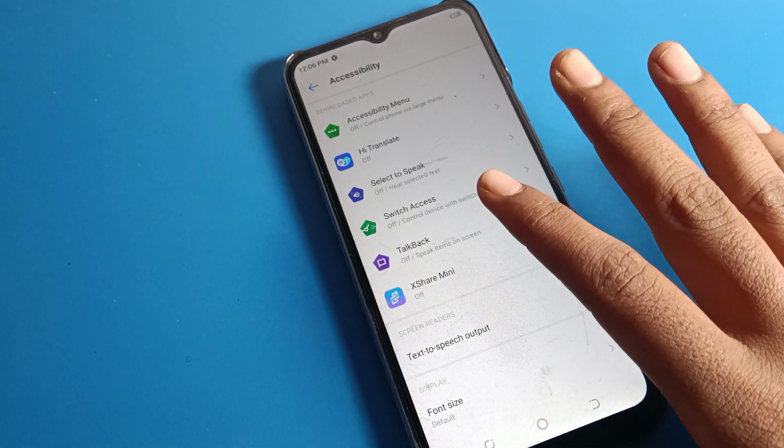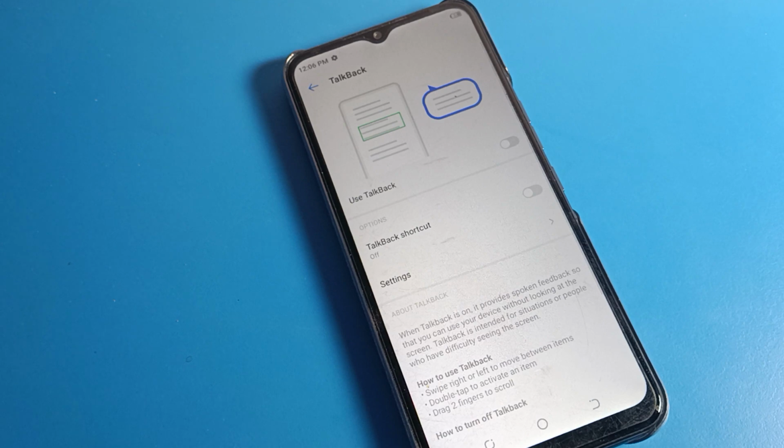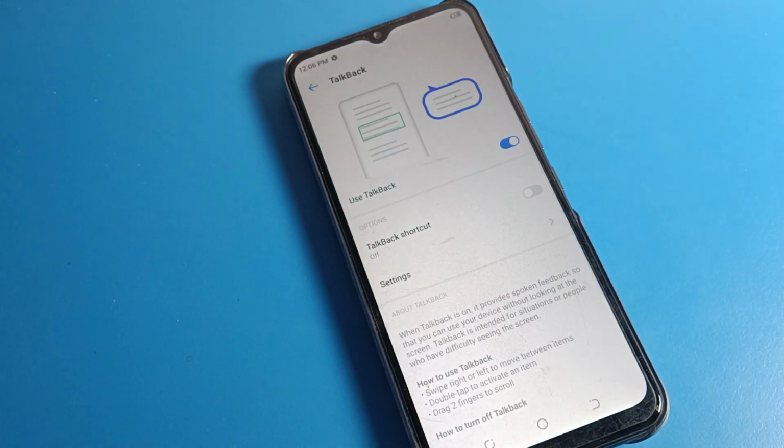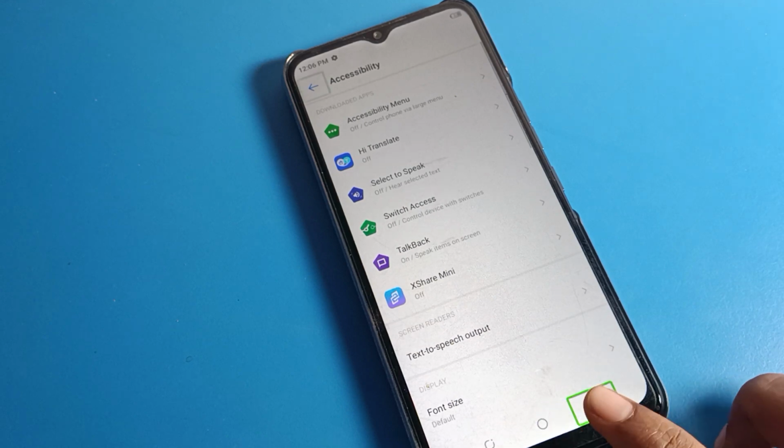So friends, you will have to click on Talkback. So when Talkback is here, how to turn it on? Click on use Talkback and allow from here. Talkback will turn on. And how to use Talkback? So friends, you can use it with a double tap, one tap, back button and double tap, one tap and